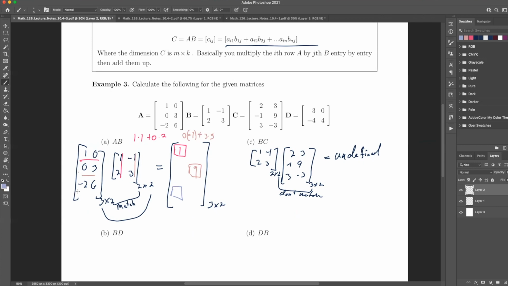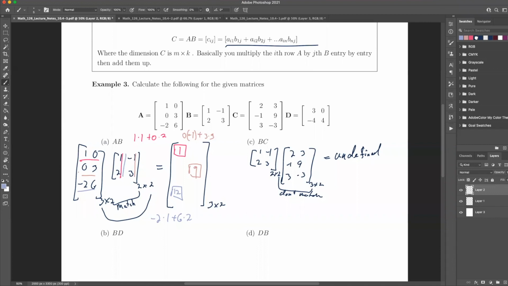So, and we'll do this real quick. So this would be negative 2 times 1 plus 6 times 2. And that will give me minus 2 plus, so that gives me 12. Okay. And what I usually do is I kind of use my fingers and I'll just kind of go across